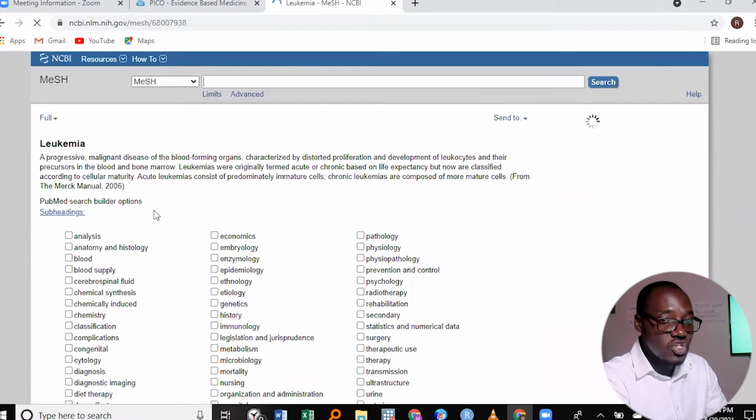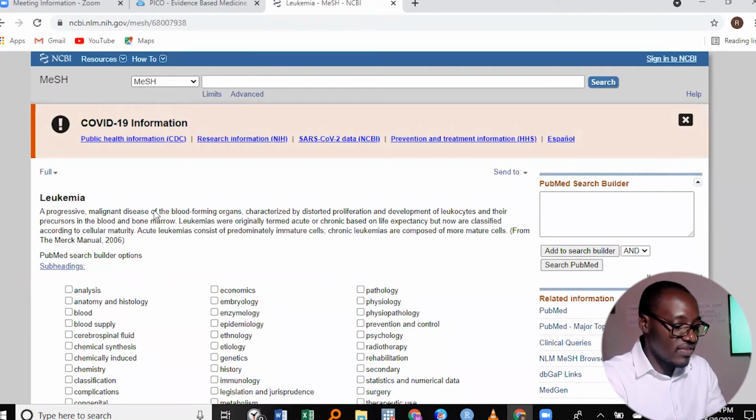But if you weren't sure, you probably would go ahead and search all the synonyms, and you see if PubMed does have all of them. So leukemia is there, and even the definition is there. So once you've seen the official terminology for leukemia, that is also called a MeSH term,